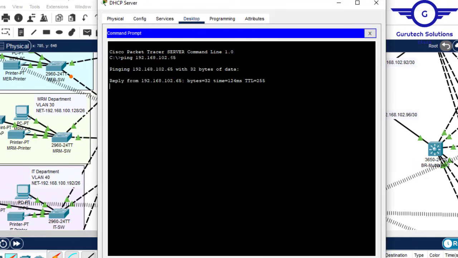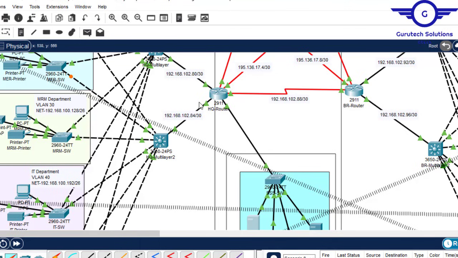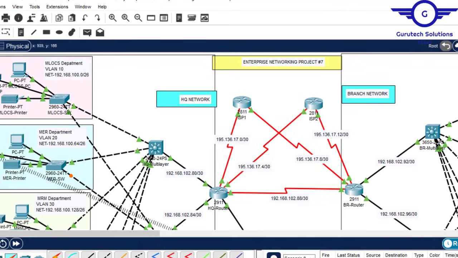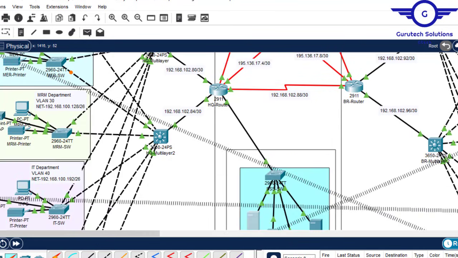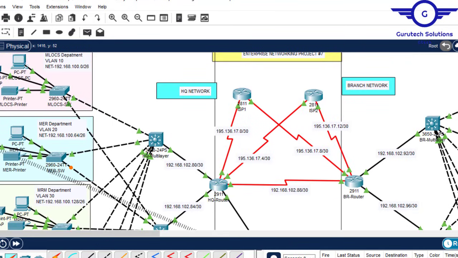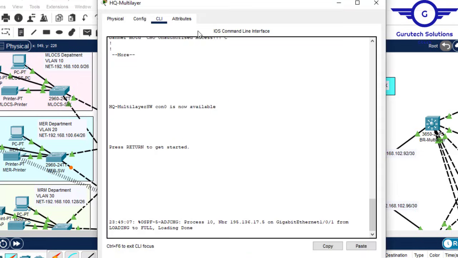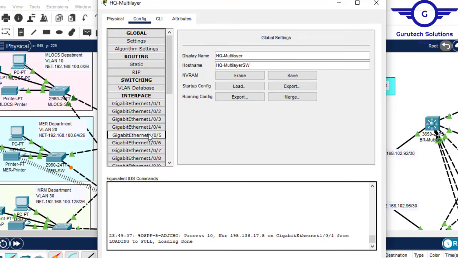192.168.102.65. And as you can see, everything is working. So what I'll do is to proceed to configure inter-VLAN routing on the two switches. Guys, inter-VLAN routing on the two switches will be the same because they are just connected to the same networks. Okay, so for example, I'll go to this switch,